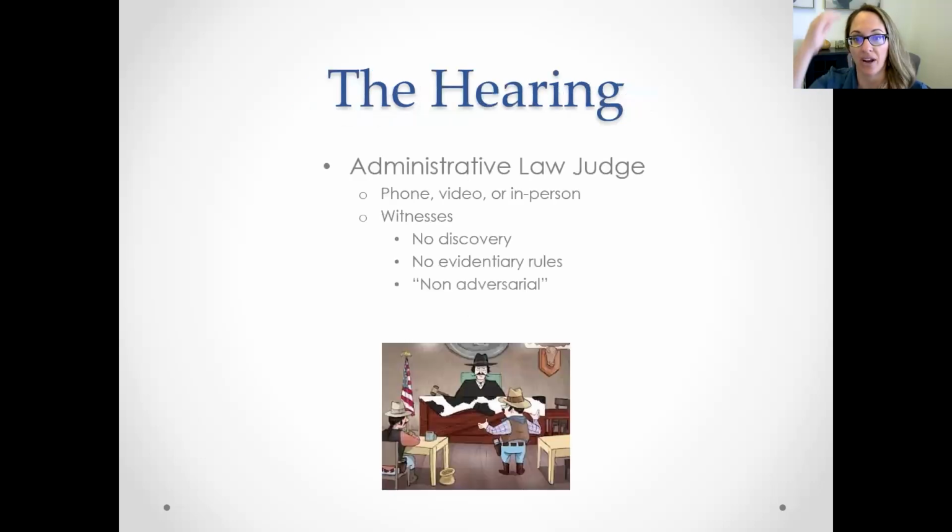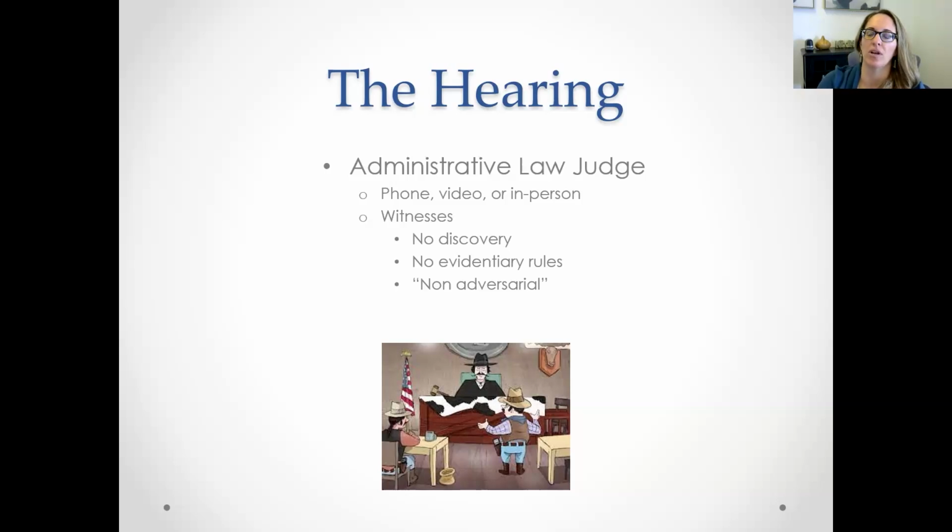Okay, the hearing. And what does a hearing look like? Well, when it's in person, you're in a room. You're not in a big courtroom, like the kind of courtroom you might see on TV, or maybe that you've been to for a parking ticket or something like that. It's different. They're private hearings. They are private because this is protected medical information. Your case is about your medical condition, so they're governed by privacy. They're not made public. They're never published anywhere, anything like that.